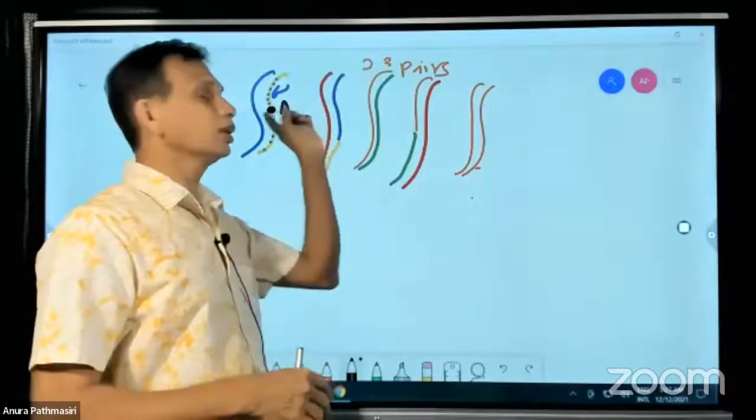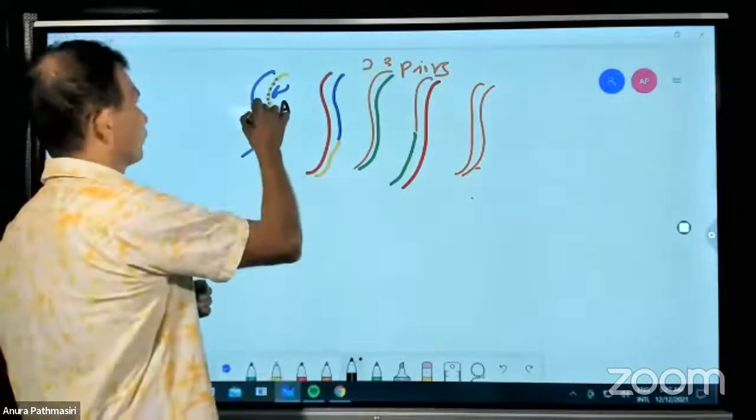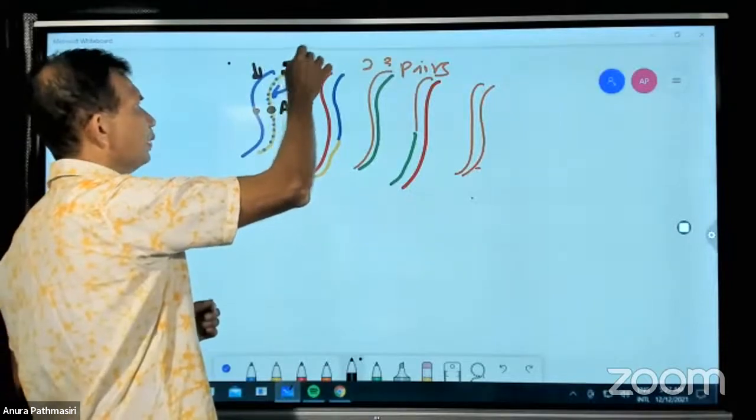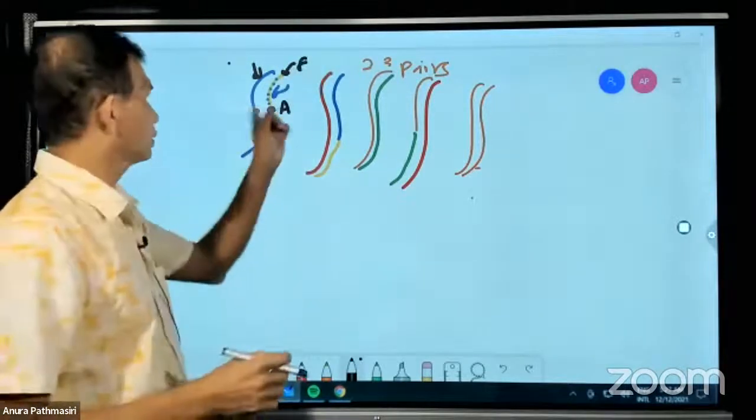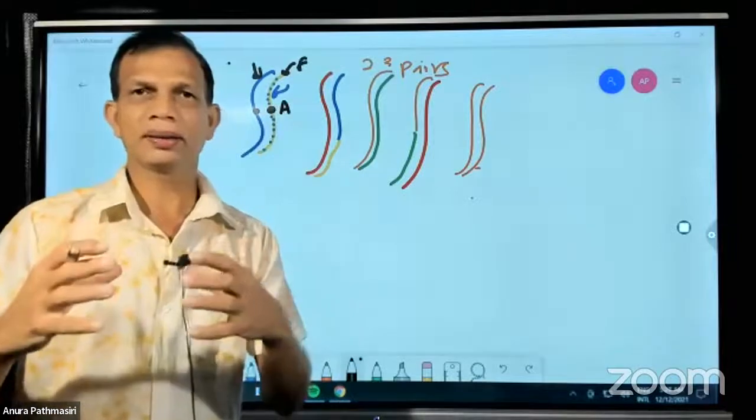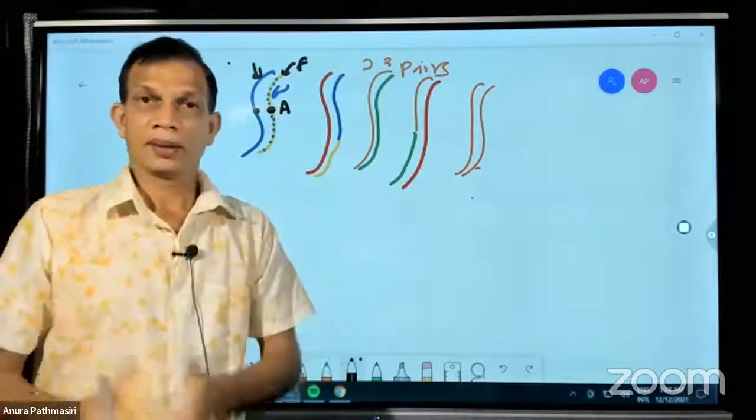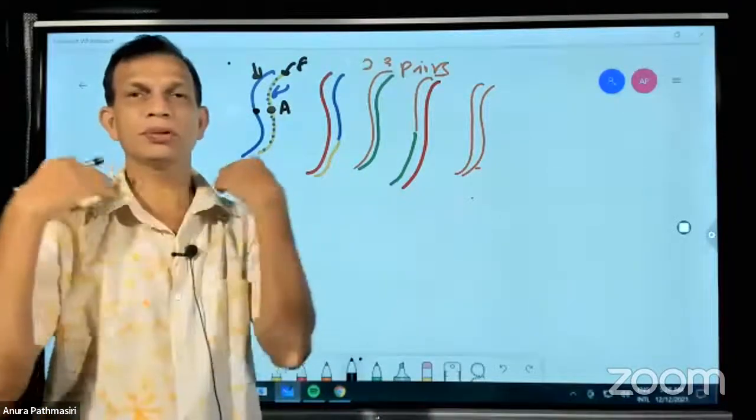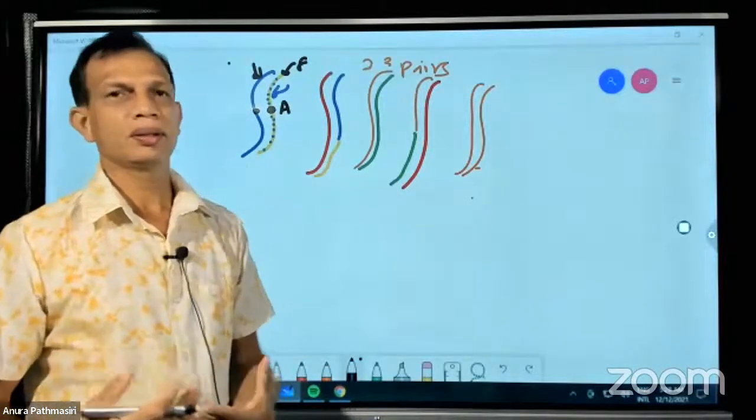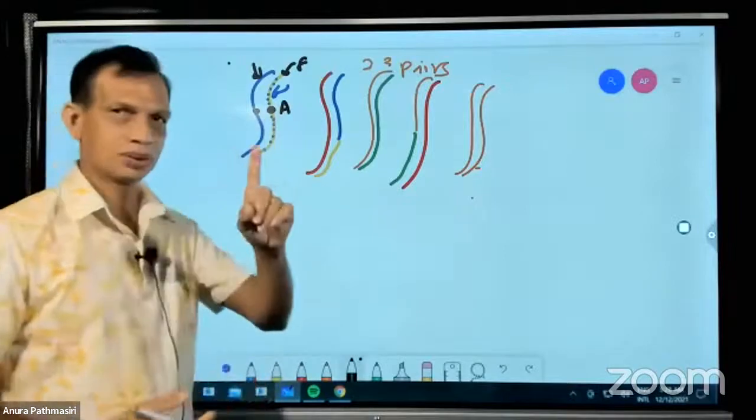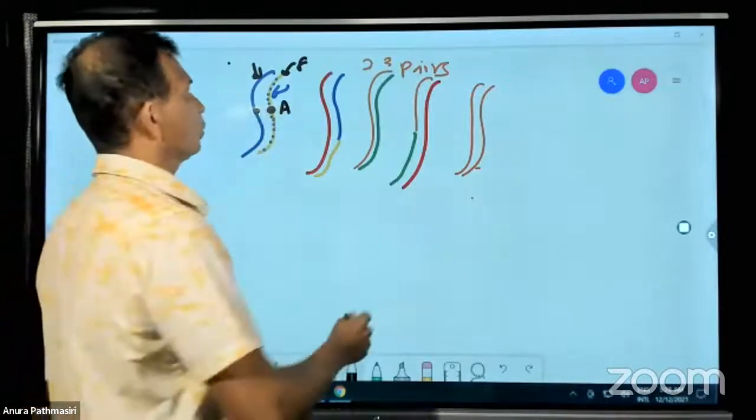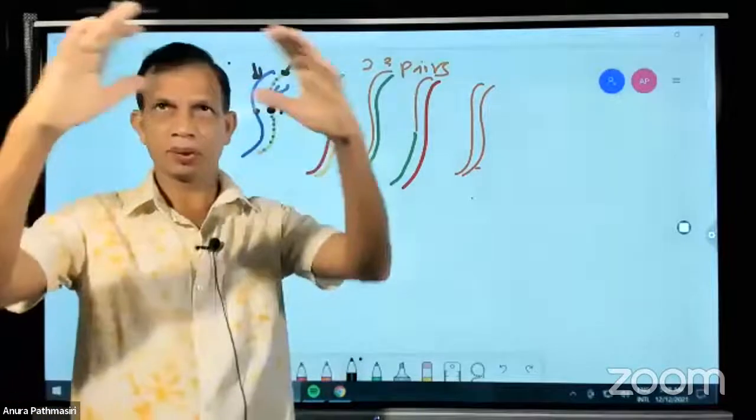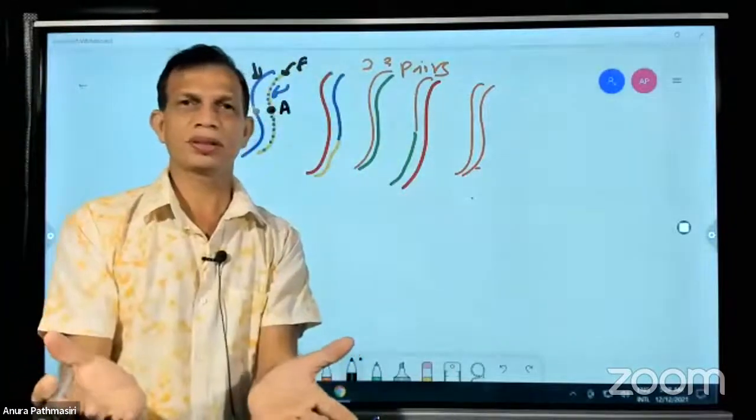The genes come from both parents: this one from the mother, this one from the father. If this gene is not perfectly working, then there will be no hands. The hands will not be formed, right? So that particular gene should be working. So in order to make the body shape of Homo sapiens sapiens,